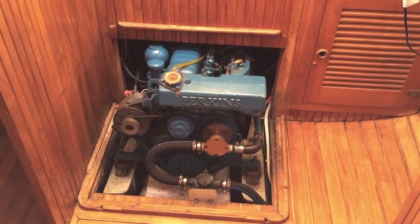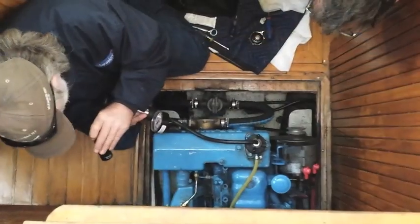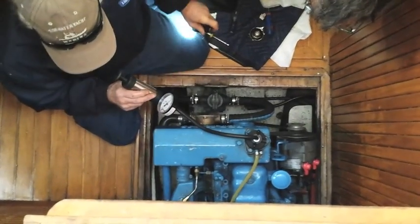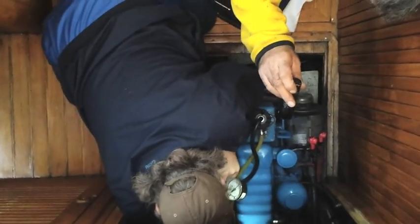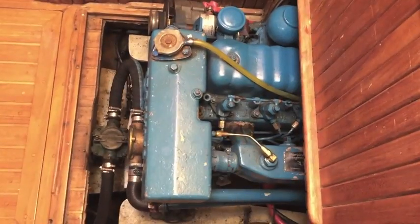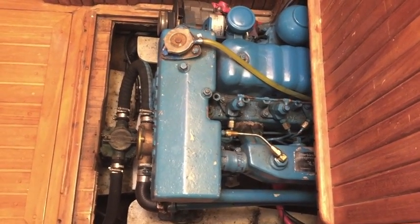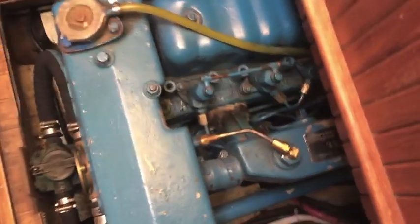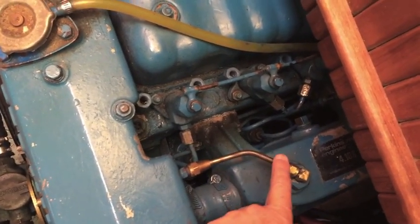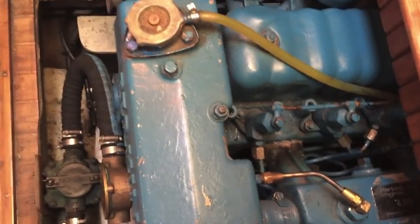And the boys at Tidewater Yacht Marina took a look at it the next day. Interestingly, when they looked at the engine, they tested the freshwater system for pressure, and they noticed a very, very slight leak, which was coming from this small fitting here, which is running obviously from the freshwater